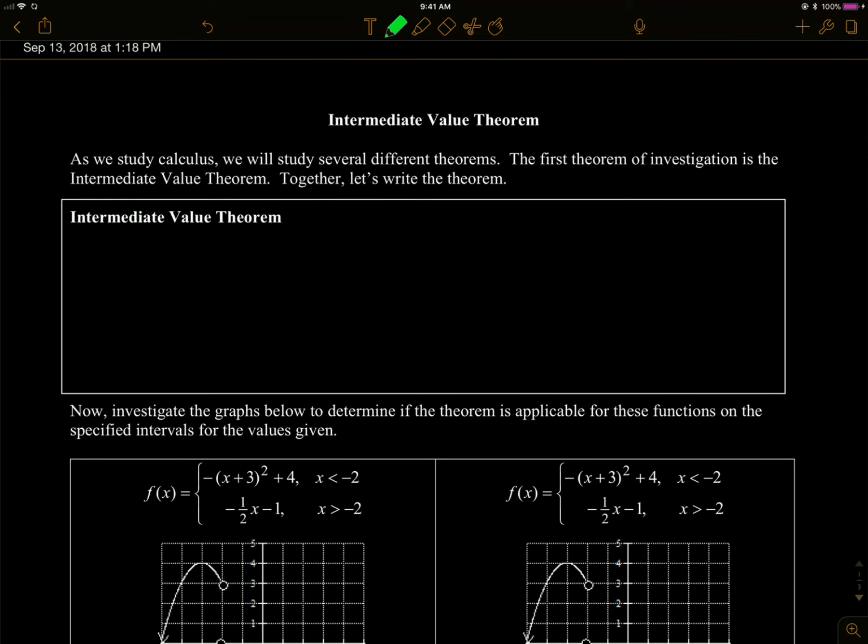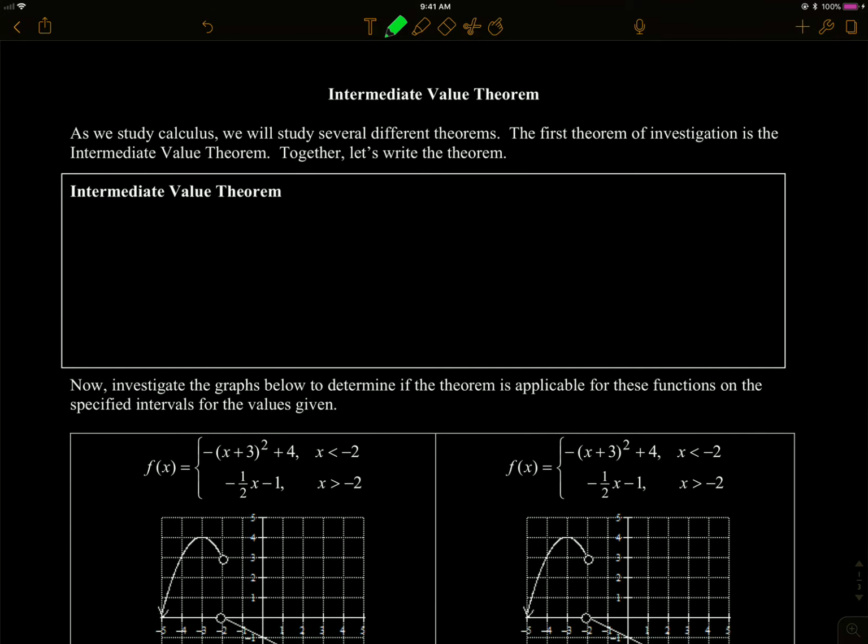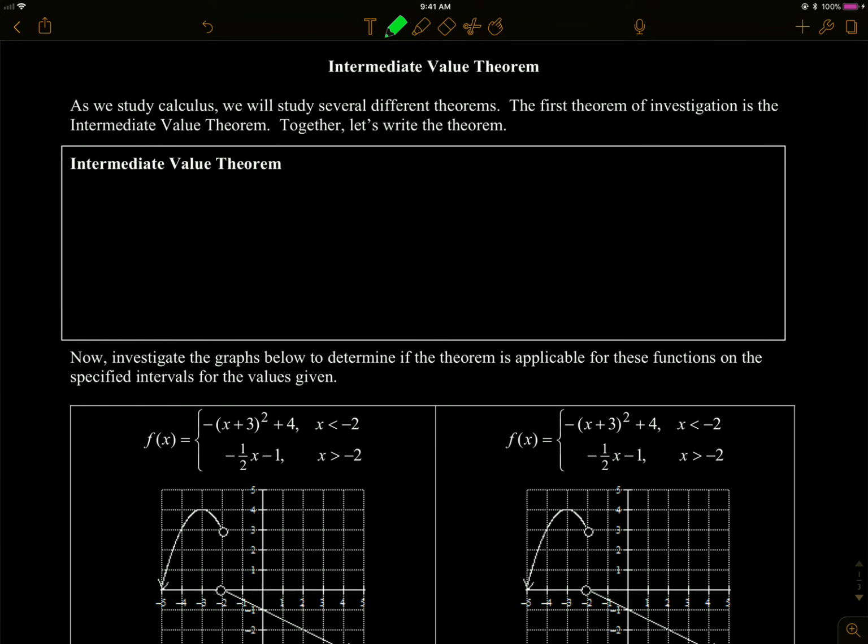The intermediate value theorem is an existence theorem. So it's going to say that something exists. It's not going to really find what that thing is for us. So I want to be kind of clear about that. We're going to start off by writing the theorem, and then we'll talk about what it actually